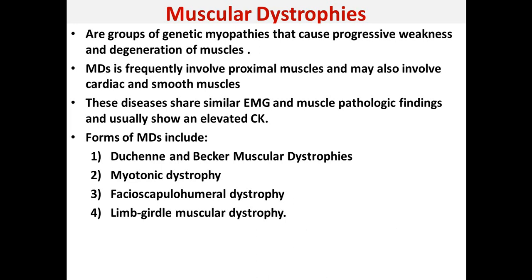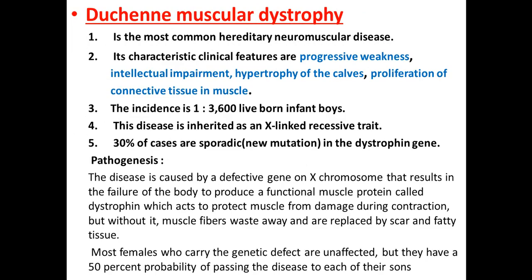We have Duchenne muscular dystrophy and Becker muscular dystrophy, myotonic dystrophy, facioscapulohumeral dystrophy, limb-girdle muscular dystrophy. We will discuss now Duchenne muscular dystrophy. So is it common or not? Yes, it is the most common hereditary neuromuscular disease. Okay, hereditary, it is an X-linked recessive trait. The incidence is 1 per